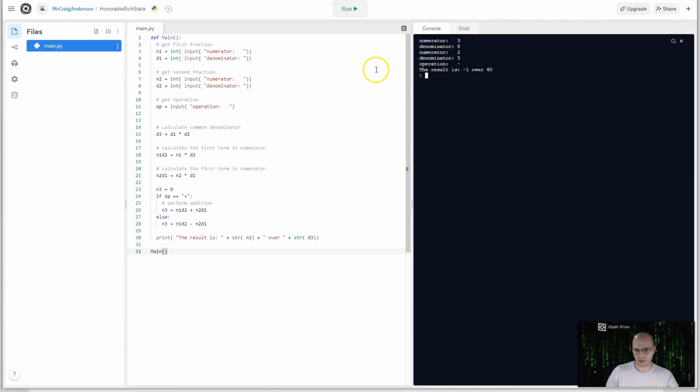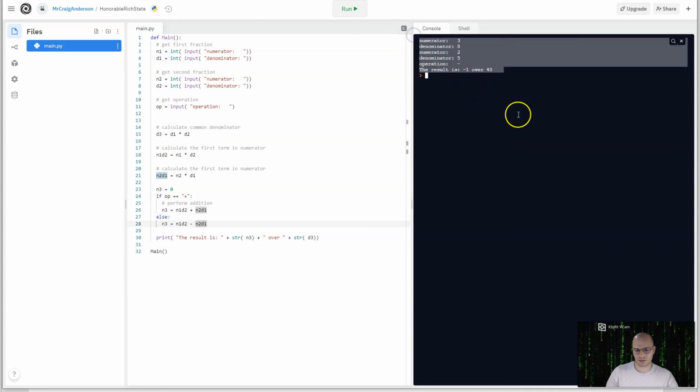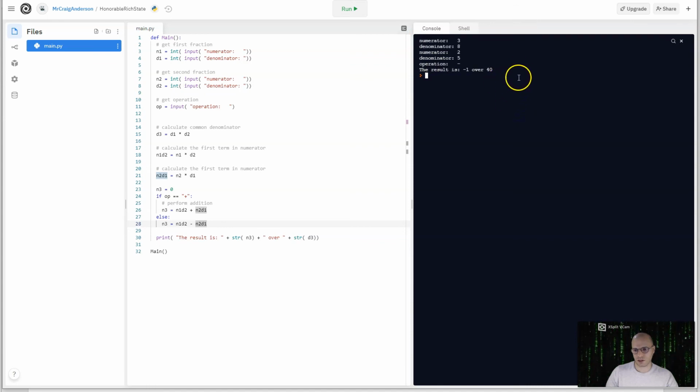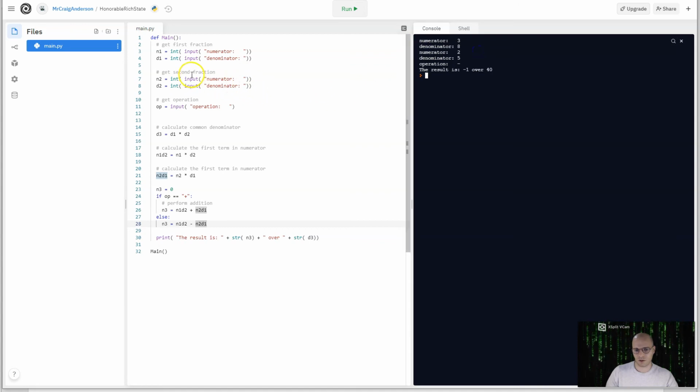So, we've got this program running, but not quite happy with this just yet, because if you look at it, it just says numerator, denominator. We don't really know what's happening when this program runs. It's more a case of you need to know and need to expect what you're looking at to understand it. So what we should do is clean up the program such that it guides the user through what's